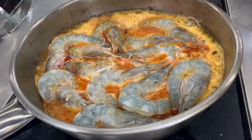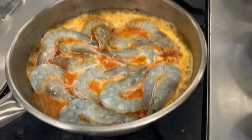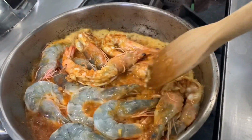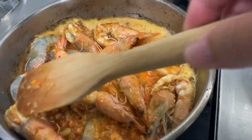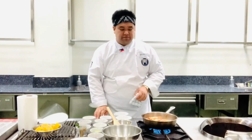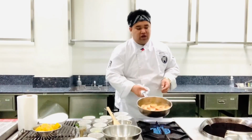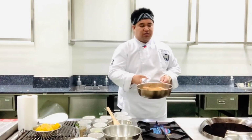Once we add our shrimp, we're going to increase the fire to medium-high. We will just flip the shrimp. This is just a very quick and easy recipe, and all you have to do once the shrimp changes into orange is just flip it to make sure that it's evenly cooked,